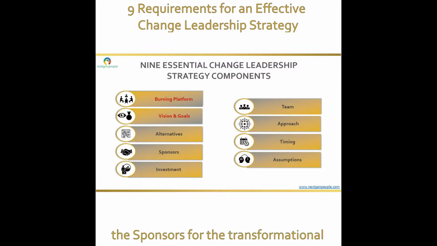Number 4, the sponsors for the transformational effort need to be identified, present, powerful, and known. These sponsors are champions and they are heard in order to gain influence and to gain support that is going to be needed. For an organization to make a change that affects the entire workforce, sponsors need to lead that change. Those sponsors need to be well respected and have authority within the organization.